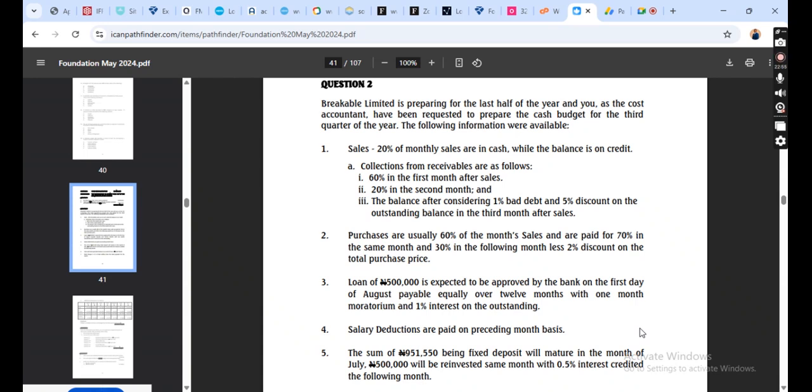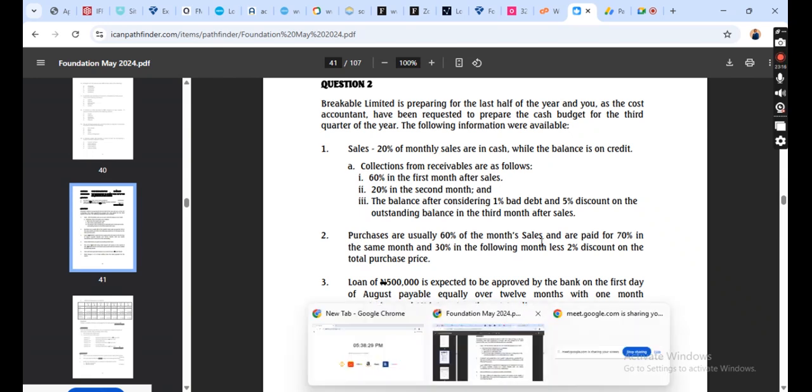The way I understand this is that since they're already giving you a grace to pay in the following month, you still pay 1% interest on it. So 1% of that 41 whatever will be added. That is going to be the loan repayment. No, it should not be like that. Okay, let's look at it practically.